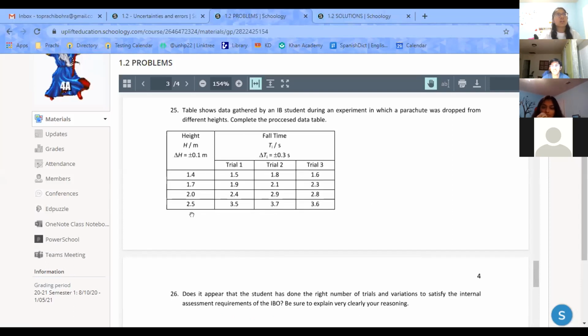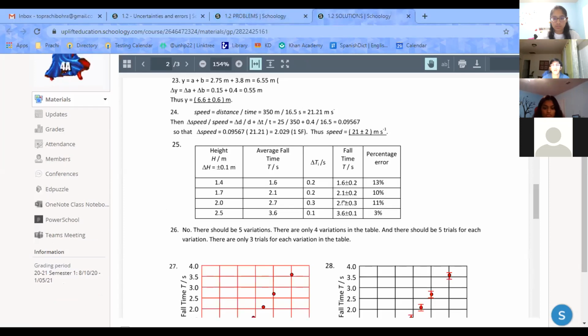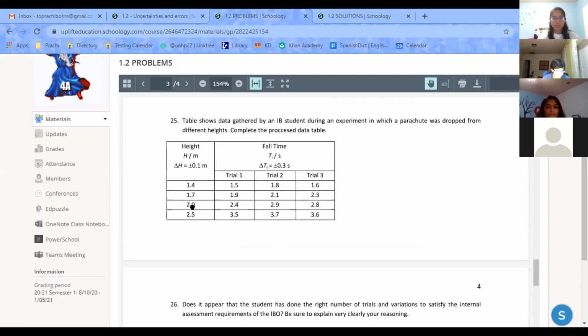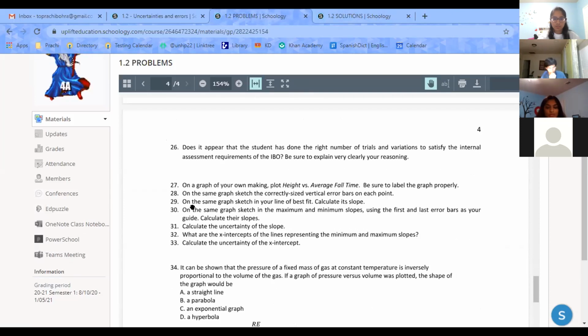So then percentage error is just, go ahead. No, I was just saying percentage error would then just be the uncertainty over the average, right? Yeah, I think we would use the uncertainty that we got from the range over 2, because that's what's used in that table. So for now, I guess we can just go with the range over 2 for these tables. I'll probably go to her office hours tomorrow and ask about this. Okay, sounds good.